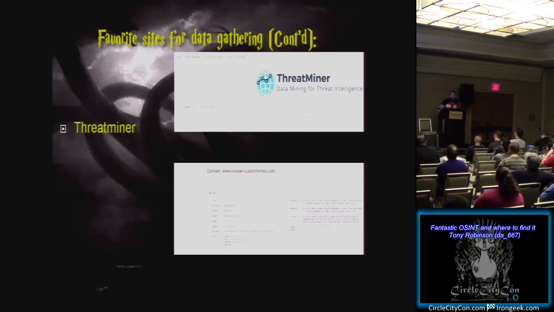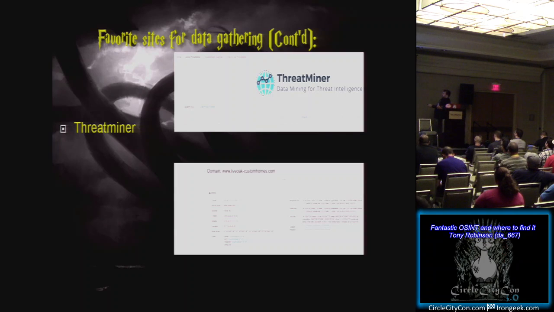so file hashes, IP addresses, domains, and unlike OTX, it's not browsable. So the idea is that you already have a threat or something that you want to look into that you found, and you're using this site to try and pivot off the data you have, like a file hash, an IP address, or a domain. I didn't really know where to put ThreatMiner because it kind of fits into both categories. You can use it to pivot off of data you currently have, but they also have a nice thing here